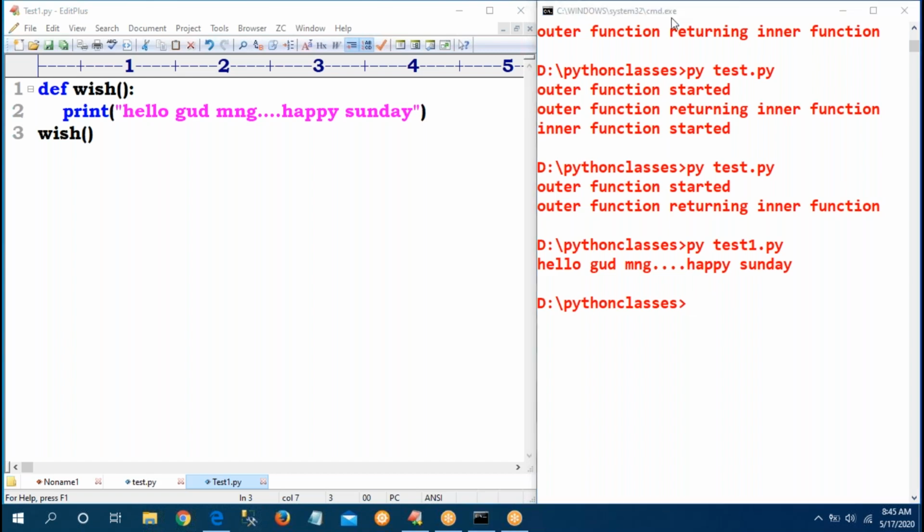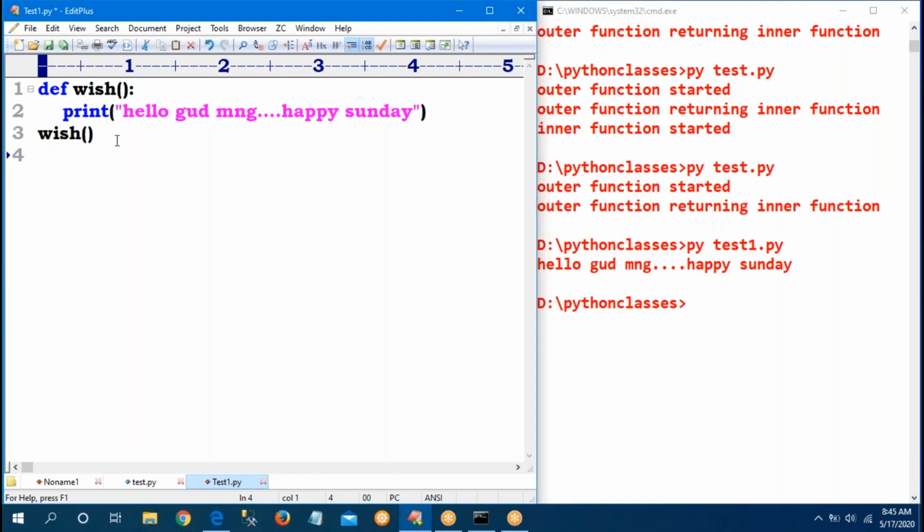Sir, now carefully observe. What is the meaning of this? Wish, greet. Greet equal to wish. What is the meaning?